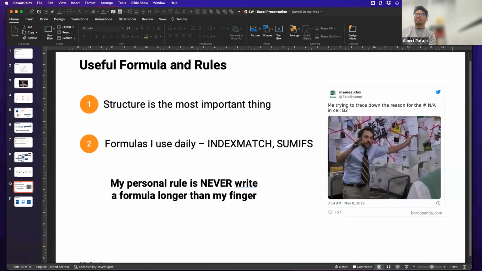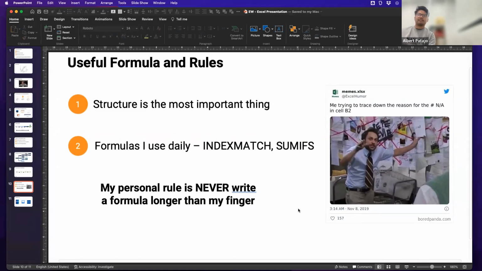Sweet. I've got this rule of thumb here that I personally never write a formula that's longer than my finger. Excel models can be super complicated, and formulas can be really, really complicated. If you ever receive a model from somebody else, and you're trying to diagnose what a formula does, and it's got a bunch of random things in it, it's really difficult to diagnose. So my rule of thumb is that any model I build, whether it's in Excel or anything else, someone else is going to look at it, whether it's the founder, another investor, someone I work with, etc.